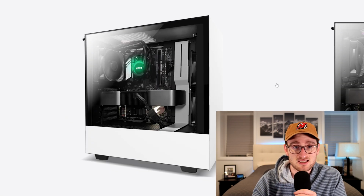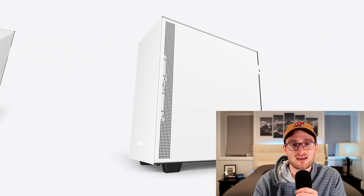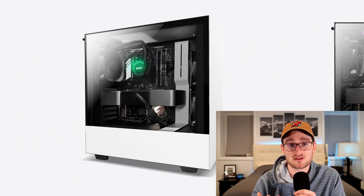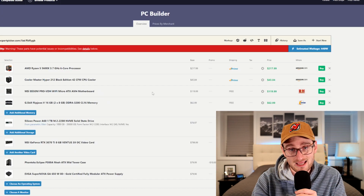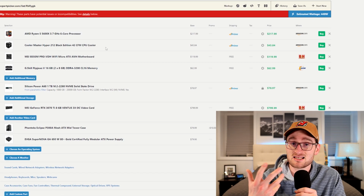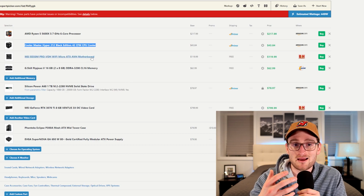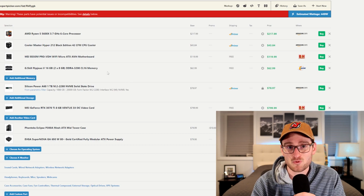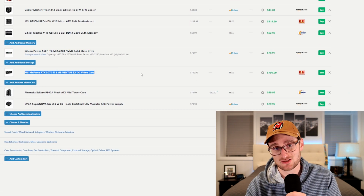It's a very good PC. It has AIO liquid cooling. It has their classic H510 case. The components are really, really solid. But if we were to price out a similarly spec'd system, again on PC Part Picker, now we're looking at a 5600X still, the same Hyper 212 cooler, a B550 motherboard with Wi-Fi, an RTX 3070 Ti versus an RTX 3070,